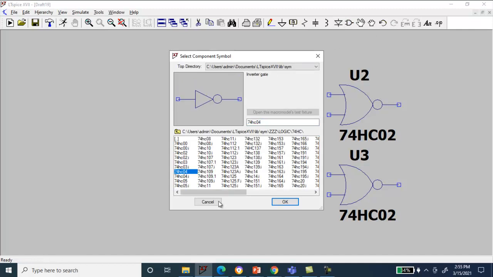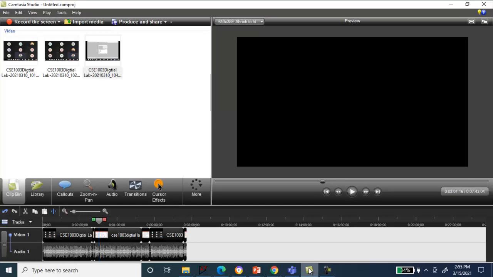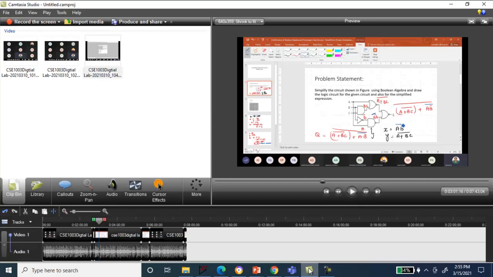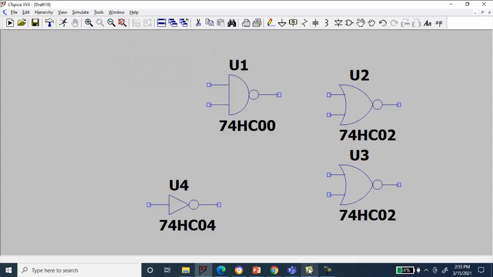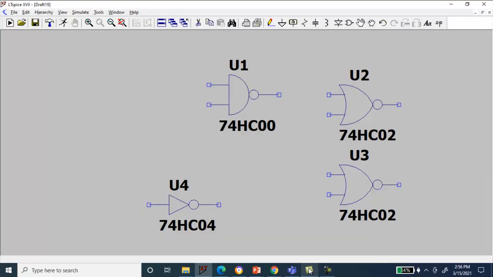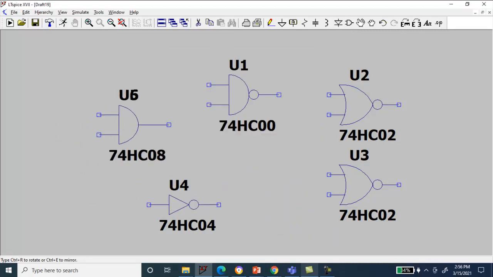I think 1 NOR gate, and then one AND gate. Is it an AND gate? Yeah, one AND gate.